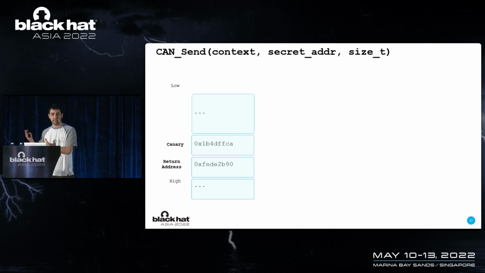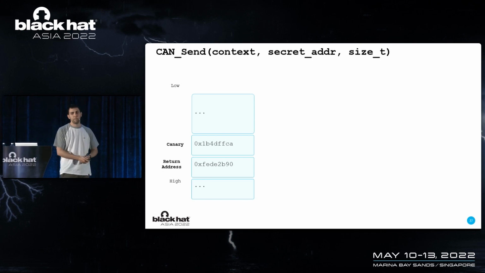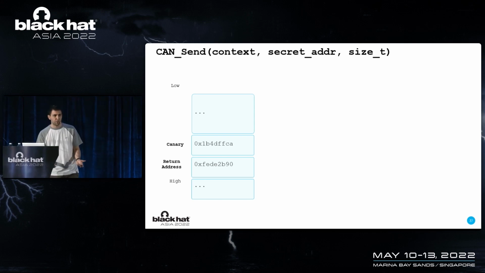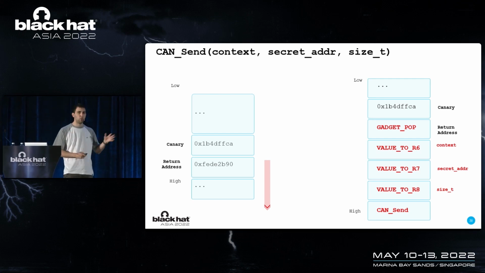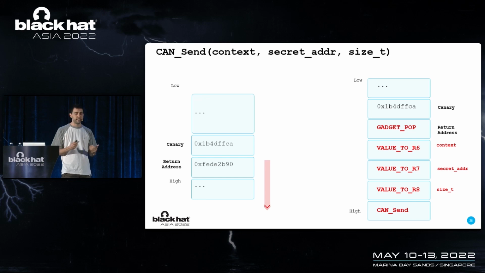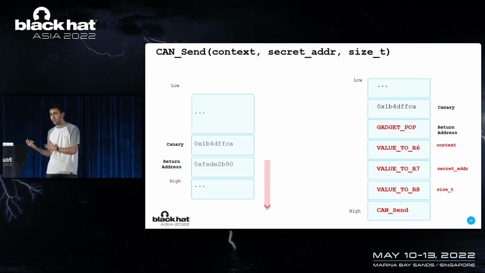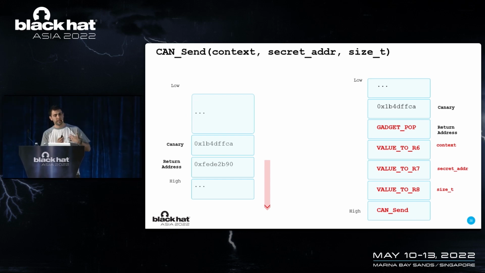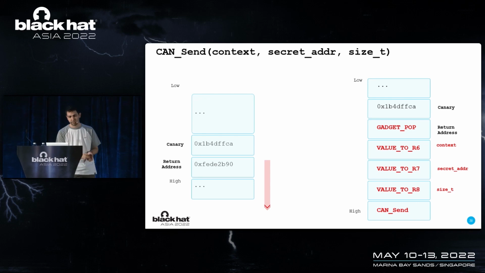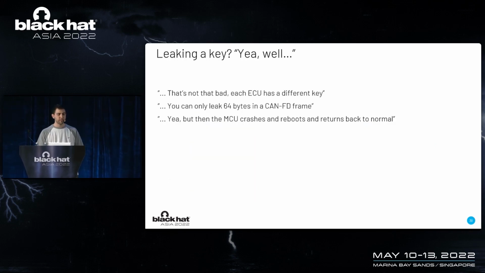Okay, so we have a stack canary that is supposed to protect the stack pointer from being overridden, but it's not really effective at this point because we can just override wherever we want. So this is exactly what we did, and we did some small ROP trick to load the destination registers that we want ahead, and just call the function so that CAN send is being called with the data that we want to leak. And this is exactly what we did, and we showed it to the client, but it was still